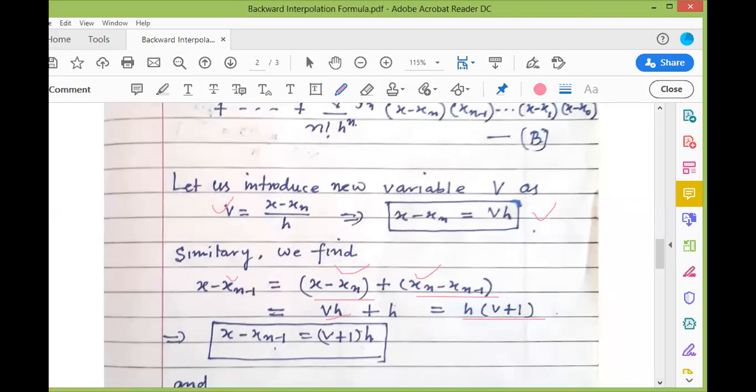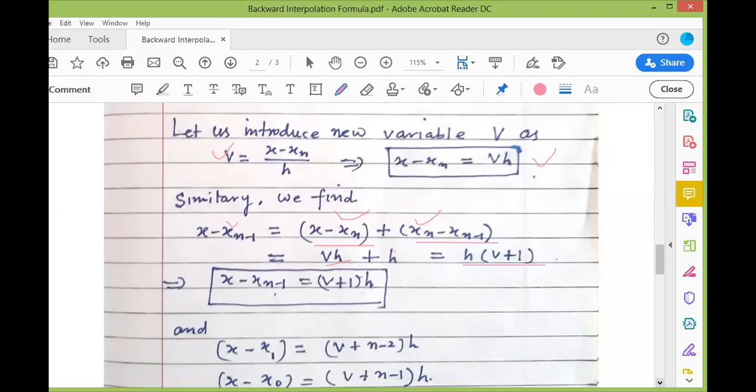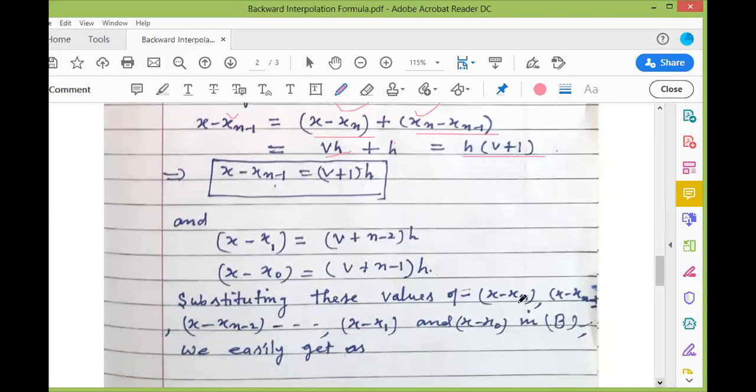Similarly, we can get other values: x minus x1 comes out this way, and x minus x naught lastly comes to be v plus n minus 1. Here you just observe the difference with the Newton's forward interpolation formula, that there has been a minus here, u minus 1, u minus 2. If you remember this derivation, which was also a very exciting process of derivation,